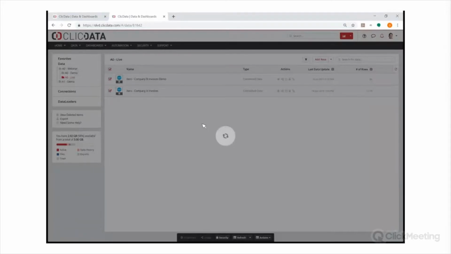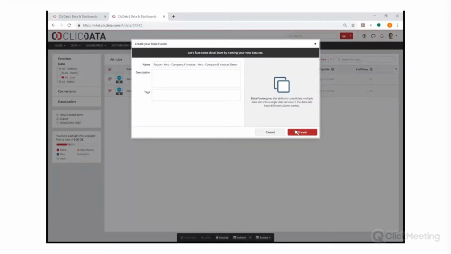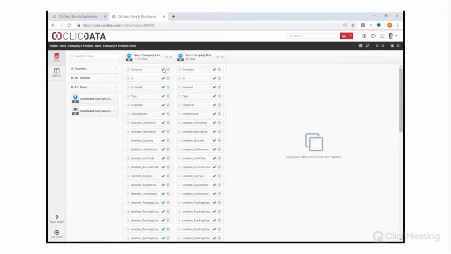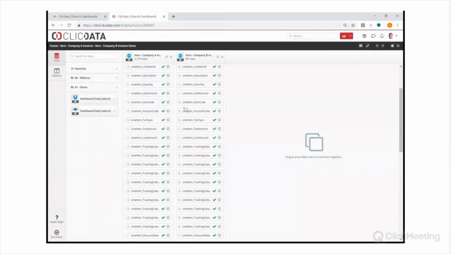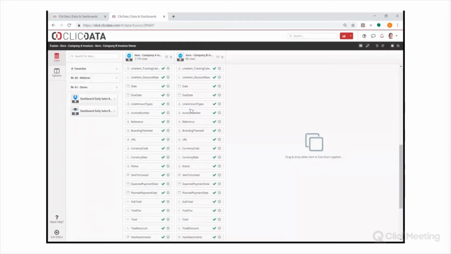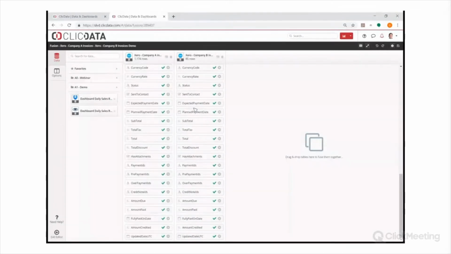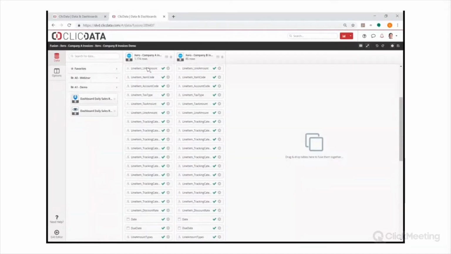And what the fusion does is it lines up and joins the rows from each table into one large data set. And you can see here that these green ticks show that the fields map one-to-one. And because Xero has a standardized schema of data, you'll see that all the fields match up accordingly. And we have 1,174 rows from Company A and 85 rows from Company B, making a unified larger data set